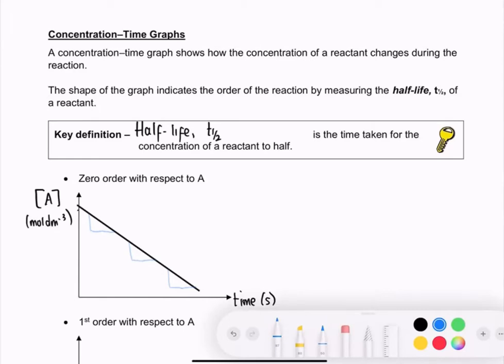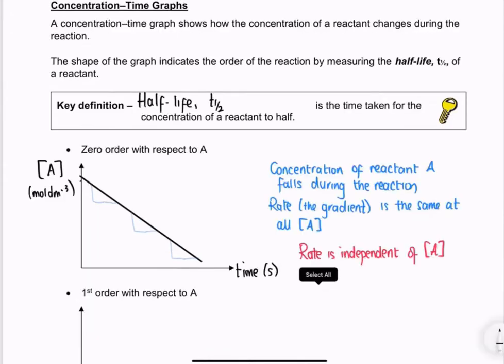So I'm just going to put some notes at the side of this graph. What we've got there is to say that the concentration of reactant A does fall, that's why our line goes down, but that the rate, the gradient, is the same at all concentrations of A, so whether at the top or the bottom, whether we've got lots of A or a little bit of A, it's not seeming to affect